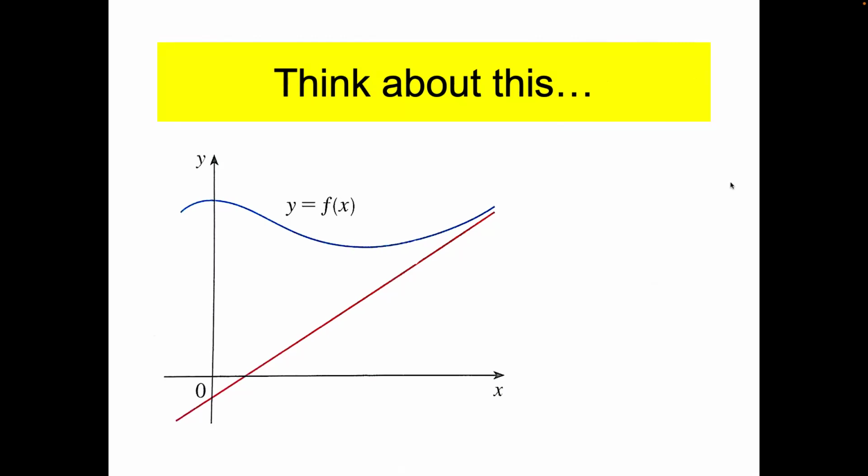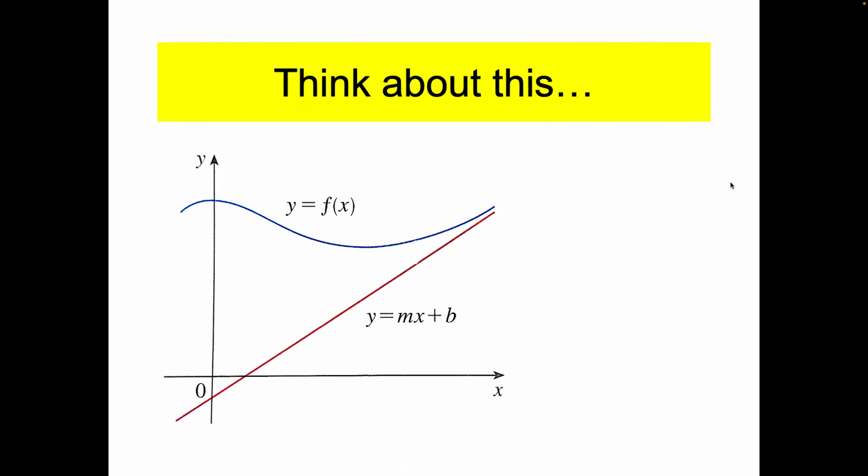Between the red and the blue, what happens as we get closer to positive infinity? It squeezes, it gets closer and closer. So what's happening to the distance between red and blue? It's getting smaller and smaller. So if I know that an oblique asymptote is a straight line, y equals mx plus b,